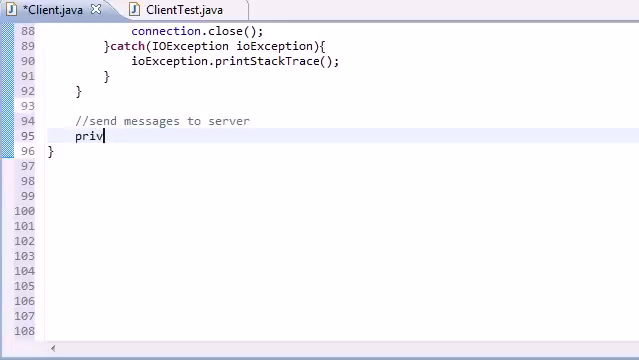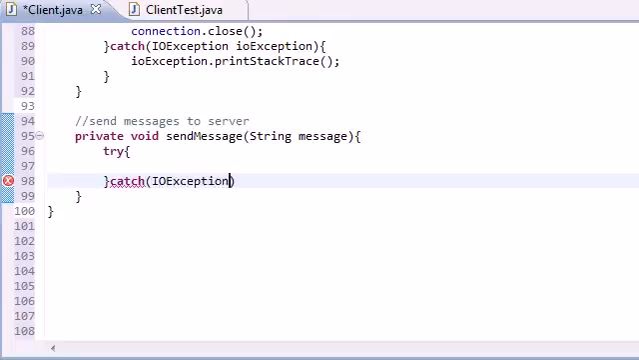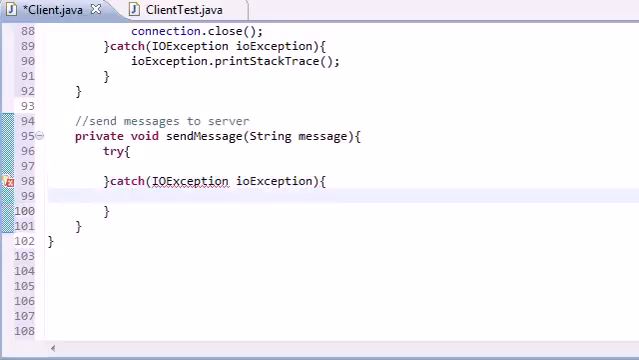So private void send message, and of course it's a string that gets passed in, and we'll just go ahead and treat it as message. Now what we want to do is of course put it in a try catch statement, and hopefully this catch never runs. So IOException, and what can we put? We'll just go ahead and put